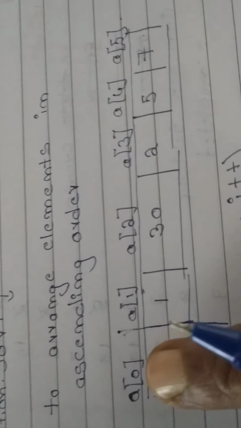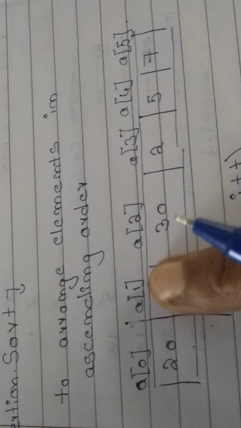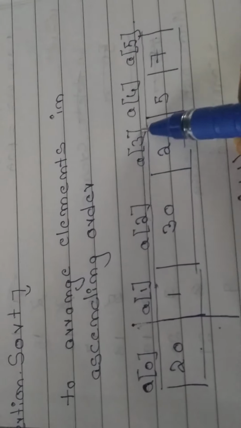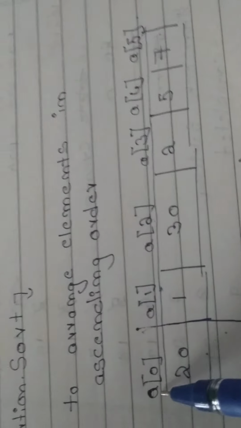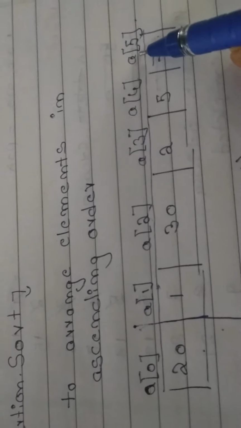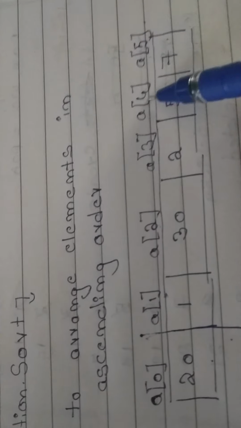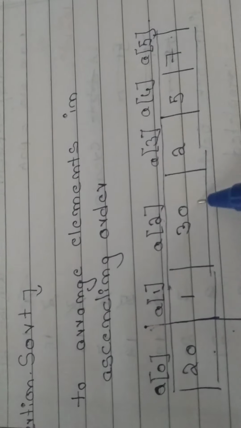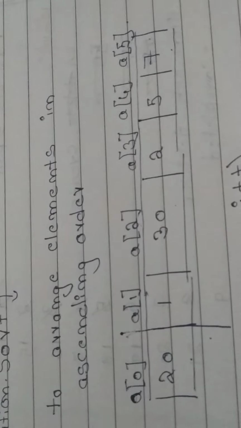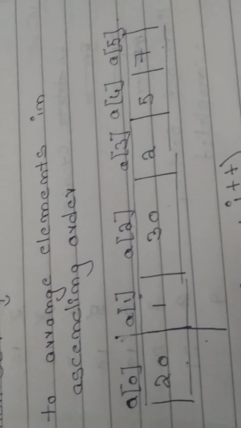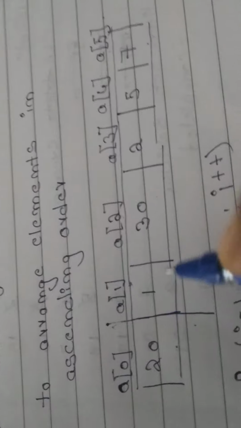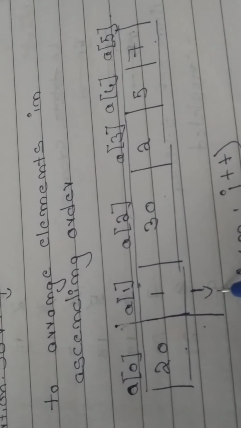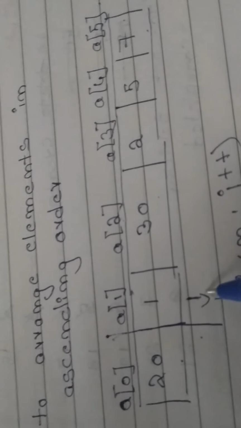Plus means, see, 0 plus 1 is 1, plus 1 is 2, plus 1 is 3. I am speaking about the positions, students. The entire array name is A only. 0, 1, 2, 3, 4, 5 are the positions and here data will be there. Now what we are going to do, this one we will think is already sorted. This one we will take as a key element.